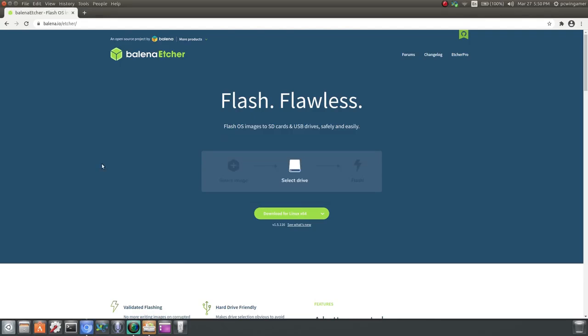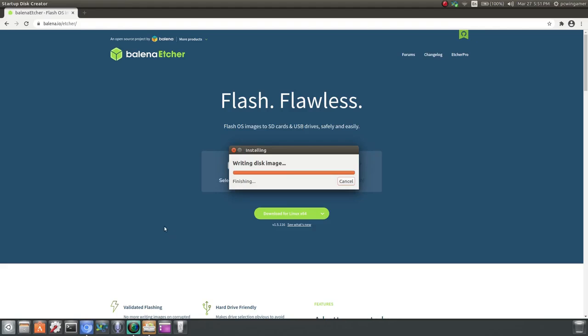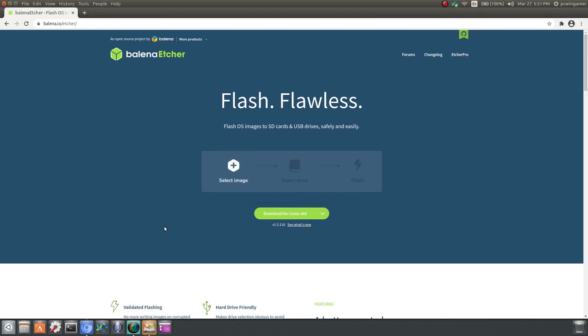As an alternative, you can use balenaEtcher, as it supports all ISO files and can flash a USB from a URL. And there we go, our